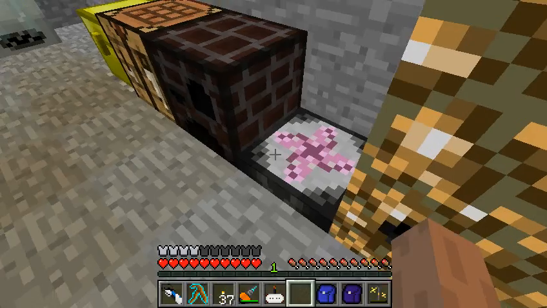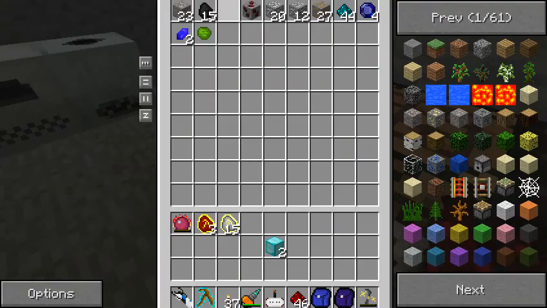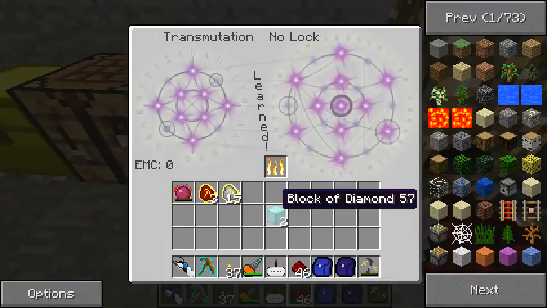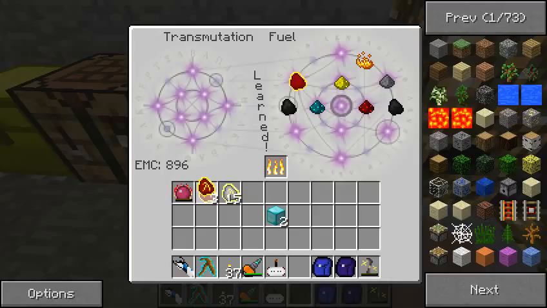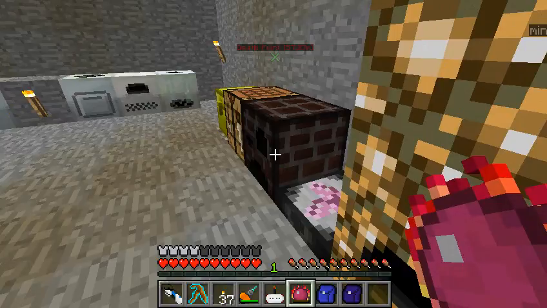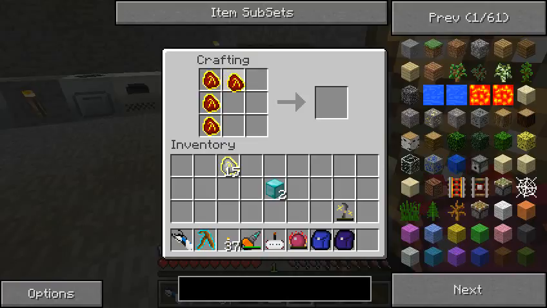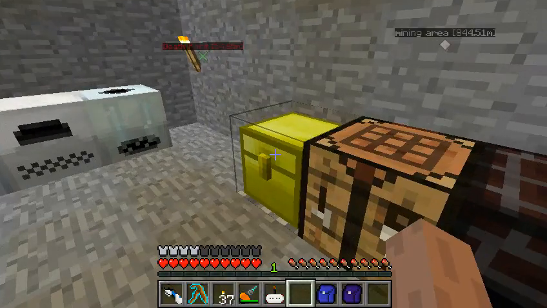So let's get one more piece of Mobius fuel. Let's just take some redstone maybe. Let's just throw some redstone in here, and some Mobius fuel. Let's soak all that back up. And let's get this. Okay. Get a piece of Aeternalis fuel. And if we take this Aeternalis fuel